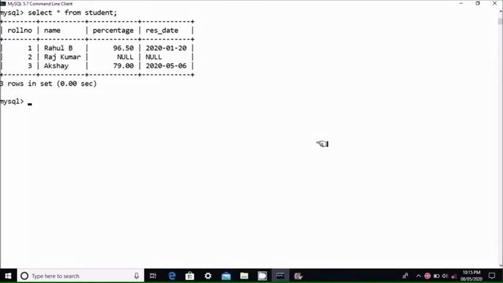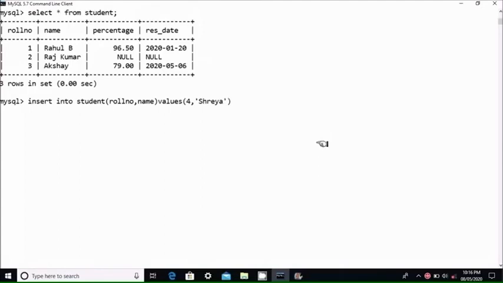Also, if I skip some columns in this particular query, then null values will be inserted. For example, INSERT INTO student, then within brackets roll number, comma, name. So I have skipped the percentage and result date columns here. Then VALUES within brackets 4, comma, Shreya.